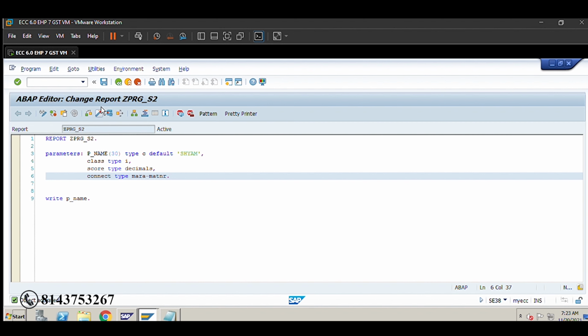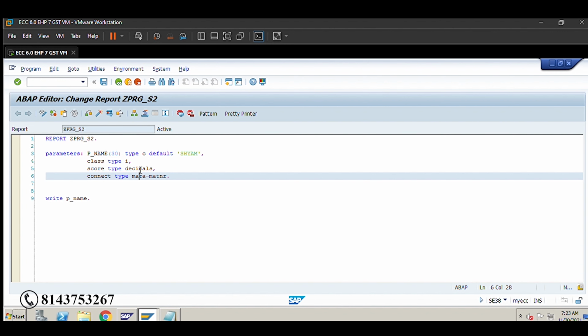First one is character, that what we saw earlier. Now second one is integer. So we are defining a class type of integer. Third one is decimals, nothing but a floating value. Fourth one, we are seeing it as a new one, right?